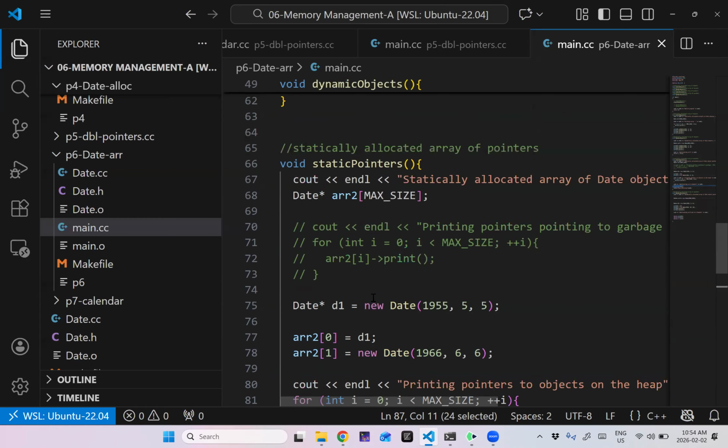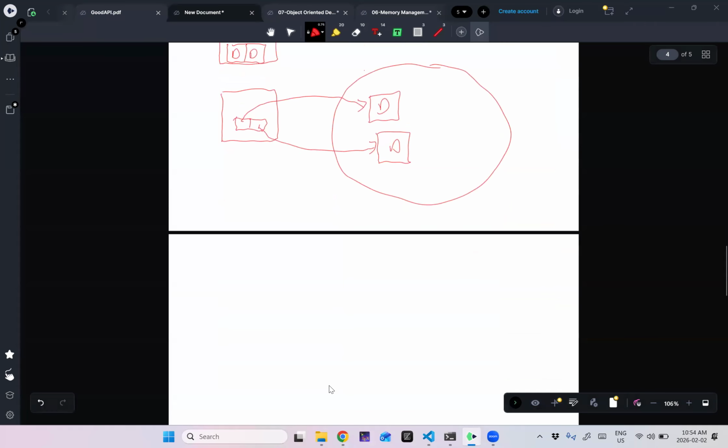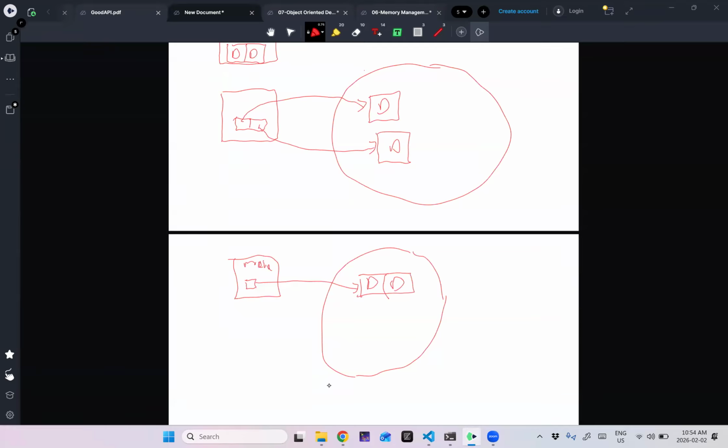Questions? All right. So now the third and fourth examples, we're going to do something a little bit different. In my main function, I'm going to have a single pointer, and it's going to point to an array on the heap. The array contains 2 date objects. I'm going to have to call new to make this array, but the date objects will have their default constructor called on them, because of the way I'm going to construct it.